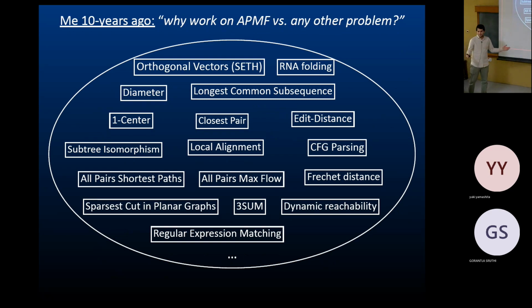Here's where I want to give conceptual credit to fine-grained complexity, because these are some of the nicest problems, in my opinion, to attack. All of them are very nice problems, and there was no improvement in many decades for each of them. So if I wanted to work on any of them, why would I pick all-pairs max flow out of them? Why that one? We'd just be too distracted by all the other problems and so on.